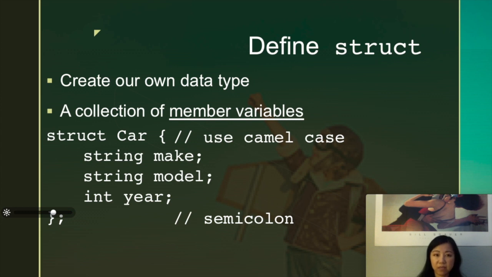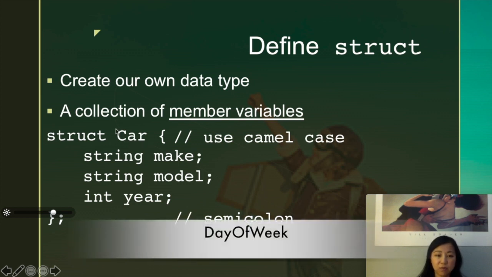Two things I want to remind you. For the name of a struct, the normal way to design the name is to use camel case. So what is camel case? Camel case is the capital letter for each word, the first letter of each word, and then you chain it together. So here, because I just used the word car, it's just capital C. But let's say if it's day of week, for example, then you would have the D